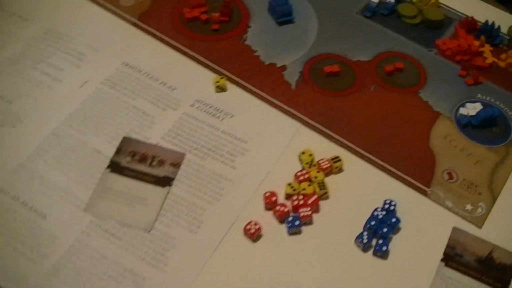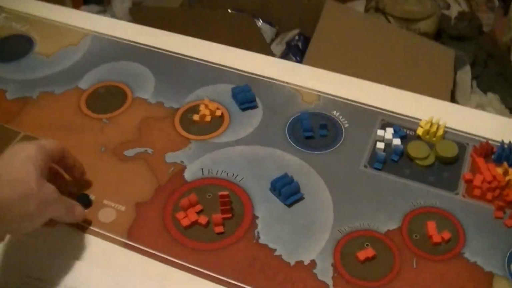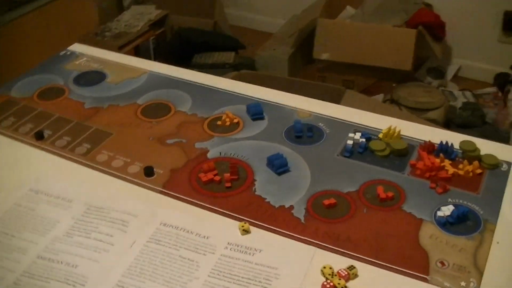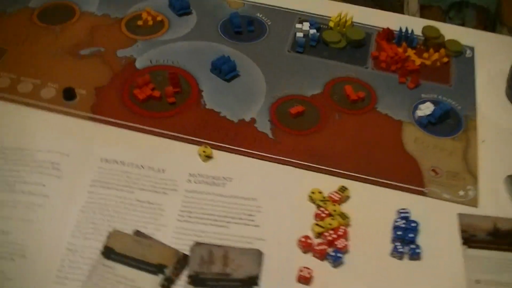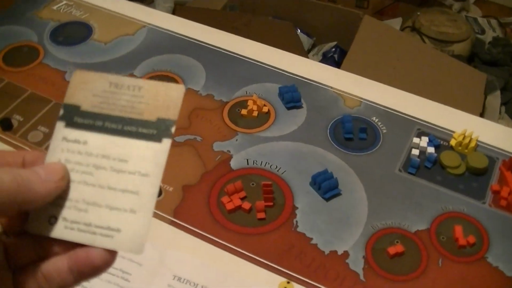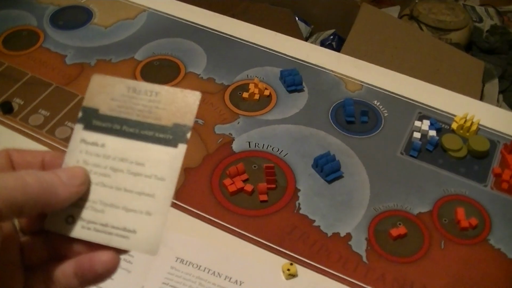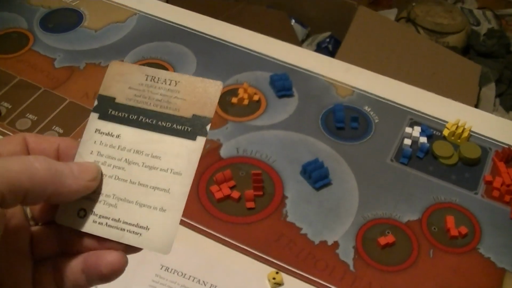And that gets me 2 Tripolitanian infantry in Dern, and that helps defend this. That goes here, we're there, and it's up to the US to make their next choice. Key in terms of victory at this point is probably either the peace treaty card for the US here, which means next turn I could play this if I get lucky, or if I pulled it now, but